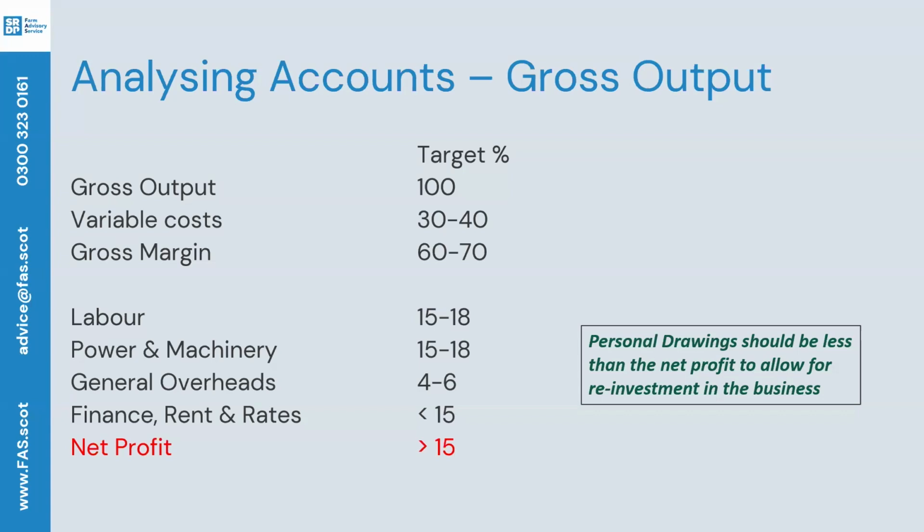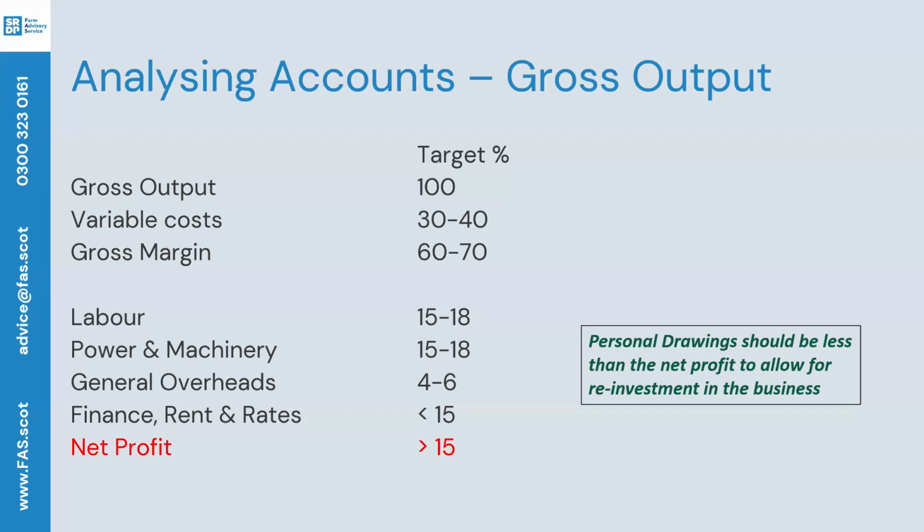So it's not to say that these are set in stone and that if you're out with these targets, that's a problem. But if you are out with these rough targets, maybe try and have a think, why am I out with these rough targets? And go from there. If your variable costs are a really big proportion of your gross output,